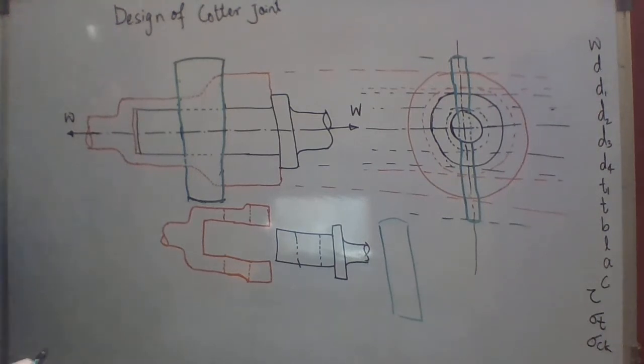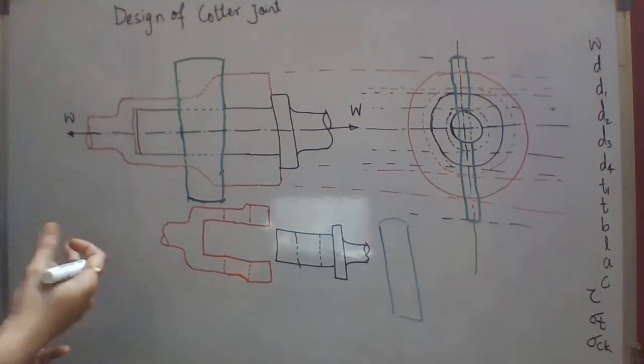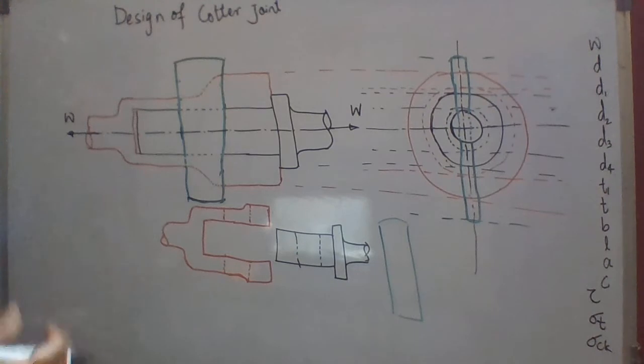If there are two shafts and we want to join them, we have various means to join. We can join by welding, by screwing, with the help of couplings, and with the help of joints like a knuckle joint or a quarter joint, etc. So in that, first we will see the quarter joint.